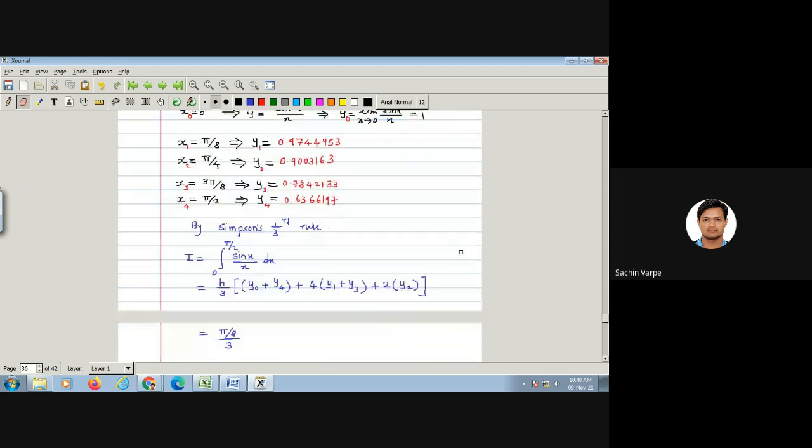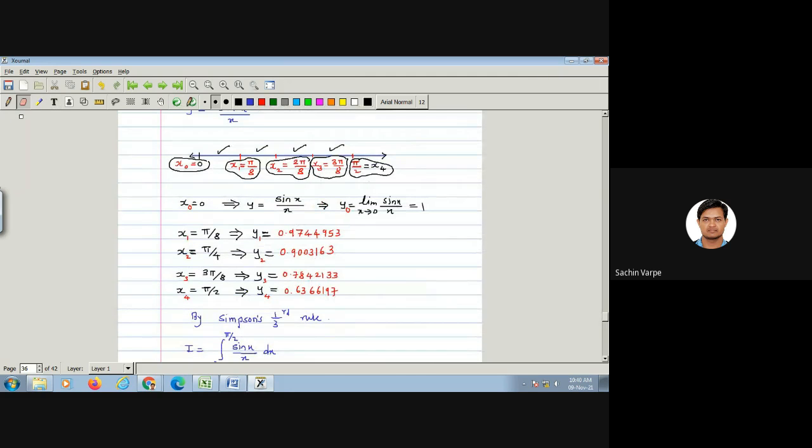See here, we have these ordinates Y0, Y1, Y2, Y3, and Y4. So the first and last ordinate, then plus 4 times the sum of even ordinates. What are the even ordinates? This is on second place, this is on fourth place. These are the only two even ordinates, no? That is why 4 times Y1 plus Y3, and plus 2 times the odd ordinates. This is the only odd ordinate, at third place. Is this okay now, Chaitanya? Yes, sir.